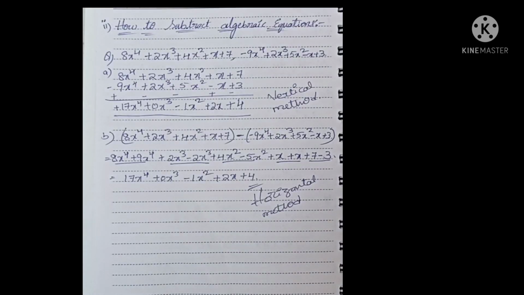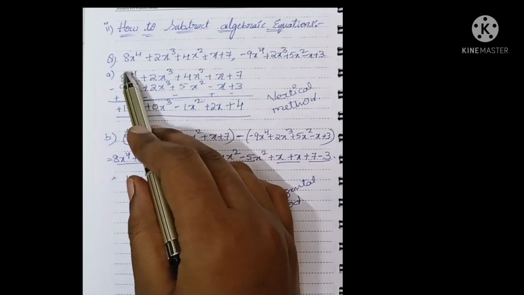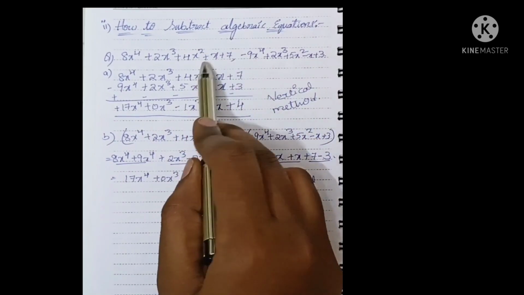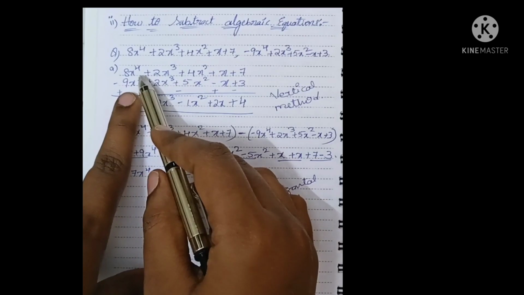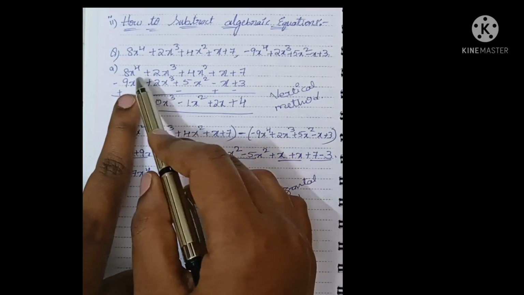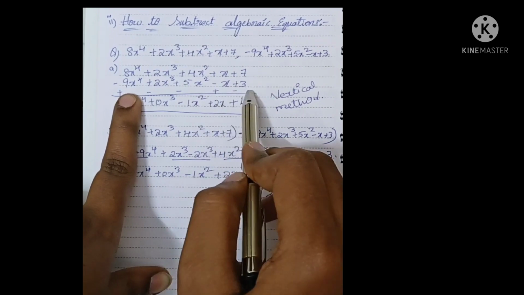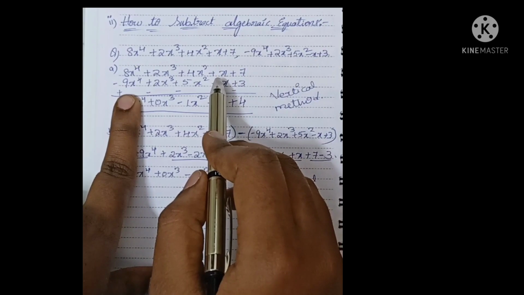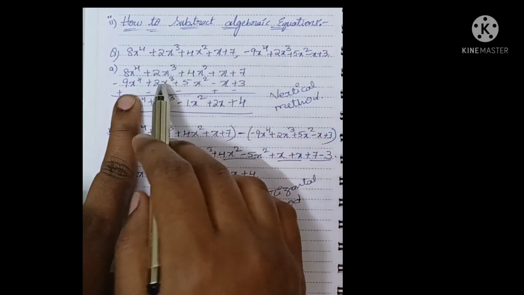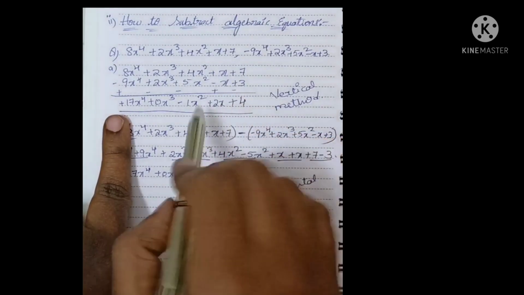Now let us see subtraction, how we can perform subtraction on algebraic expressions. Here is the question given. Two expressions are given, so let us write down one expression under the other. The x^4 term, x^3 term, x^2 term, x term and the constant. Here I have taken both the expressions which we discussed before, so for the same expressions we are performing the subtraction operation. This is the vertical method.